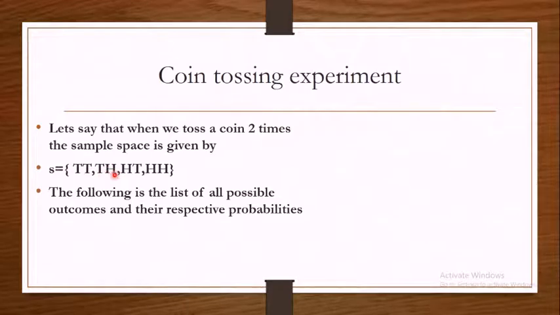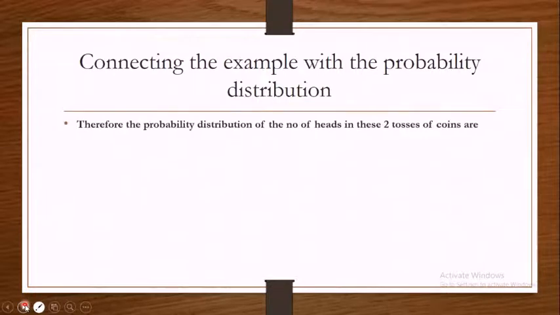Then here also the outcome was one head and then a tail. After that it is head, head. So there were 4 outcomes in total. So my total number of cases was 4: 1, 2, 3, and 4. That you have to keep in your mind. Then let's move on to the next slide.